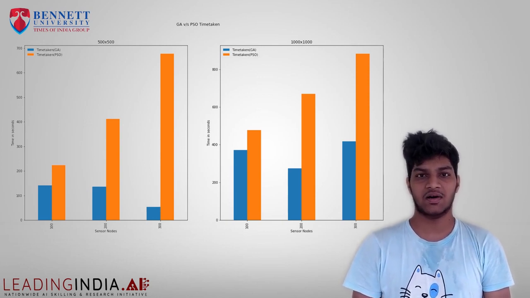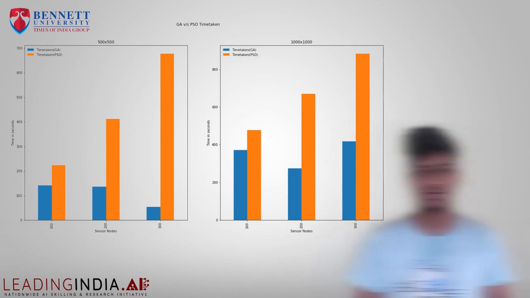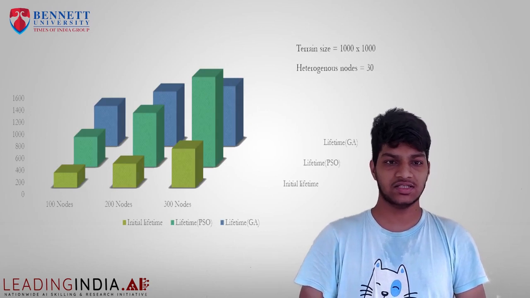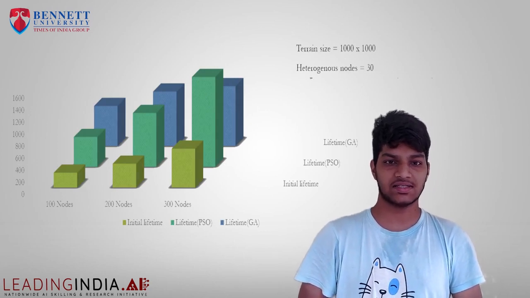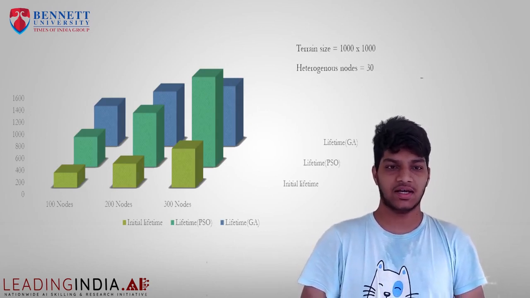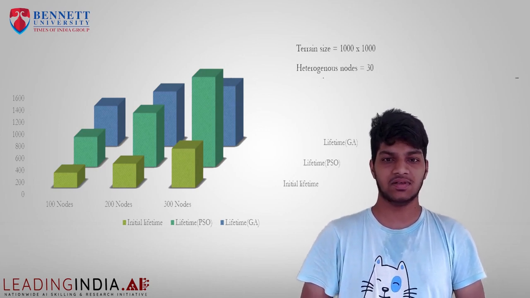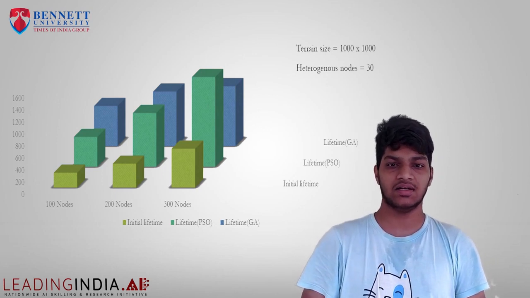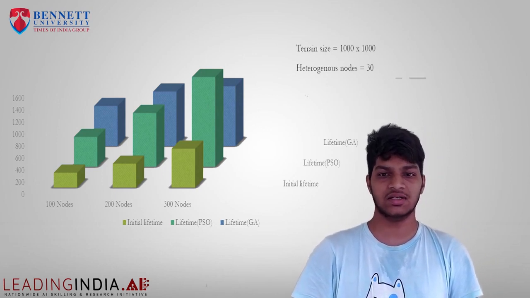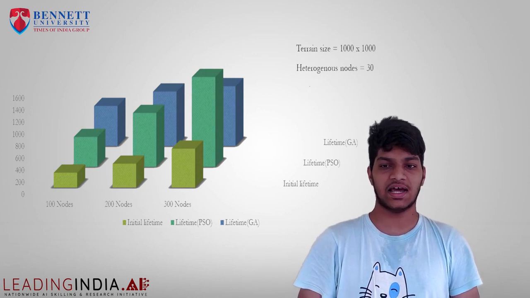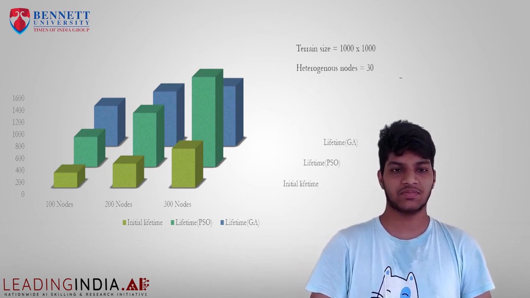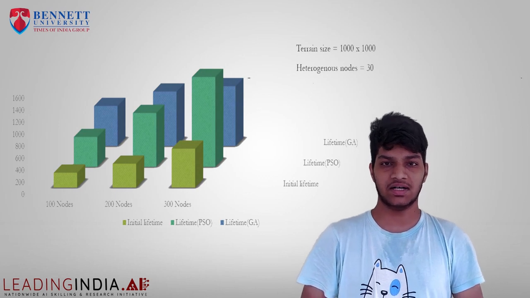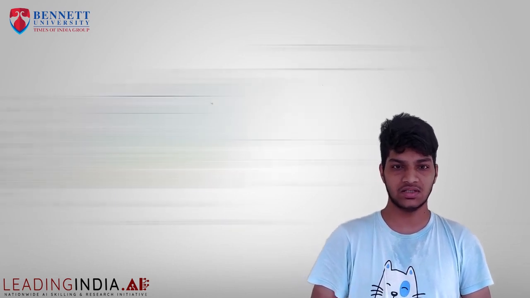Genetic algorithm has always been faster than the PSO algorithm. PSO works better on larger terrains. However, there are limitations to this approach, like increased terrain size increases time complexity, and reducing the randomness of the algorithm can lead to better convergence. This approach can be further improvised by employing different routing algorithms to conserve energy, thereby increasing the lifetime of the network. Since we are using evolutionary algorithms, we may not always find the best solution, but it is guaranteed that there will be a good solution to the problem.